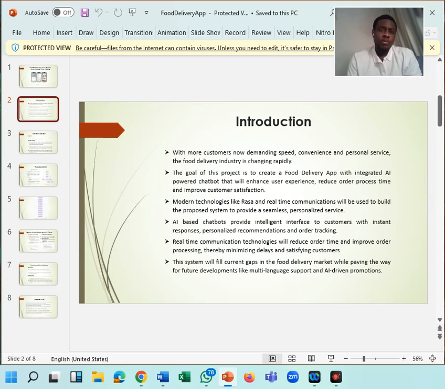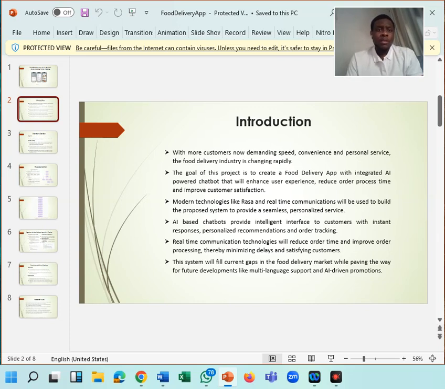So, the goal of this project is actually to produce a full delivery app with an integrated AI powered chatbot. And this app is actually meant to enhance user experience. It will also reduce processing time, with the aim of satisfying customers.